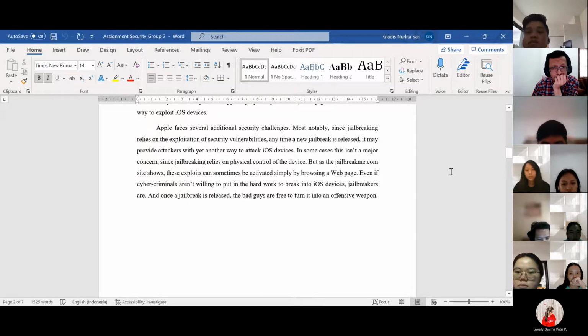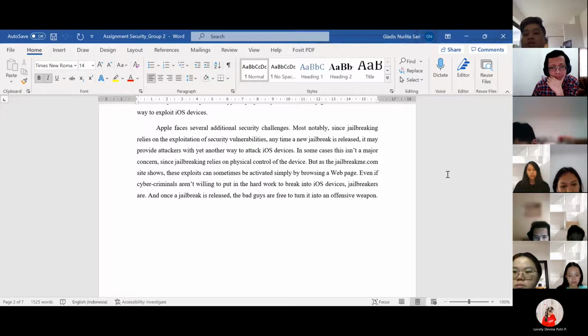But as the jailbreak.com site shows, this exploit can sometimes be activated simply by browsing a web page. Even if cyber criminals aren't willing to put in the hard work to break into iOS devices, jailbreakers are, and once a jailbreak is released, the bad guys are free to turn it into an offensive weapon.